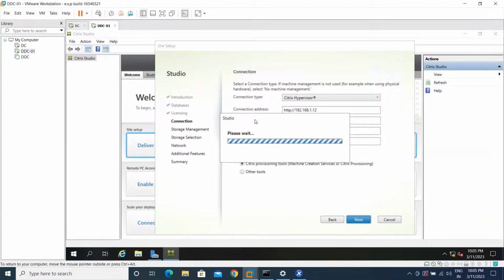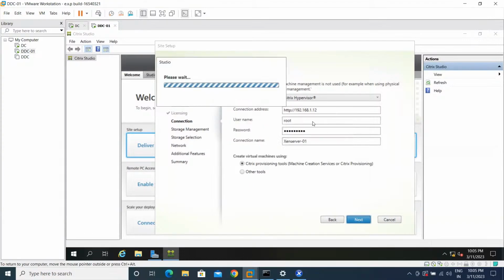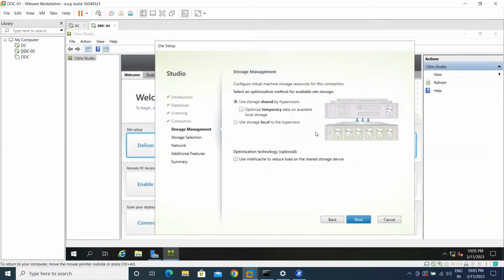It will validate the credentials of the hypervisor, like whether we entered the correct credentials or not. If everything seems okay, I think the connection credentials have been validated now. Now what we have to do is select the local storage of the hypervisor, whatever storage is